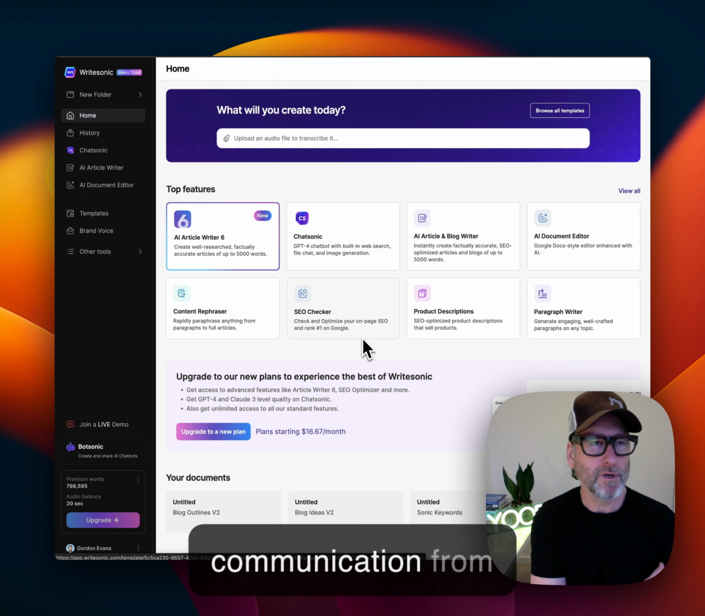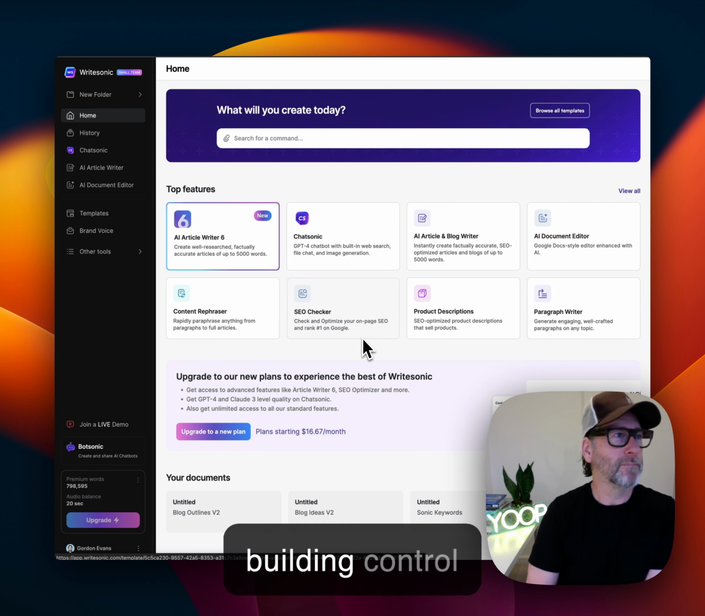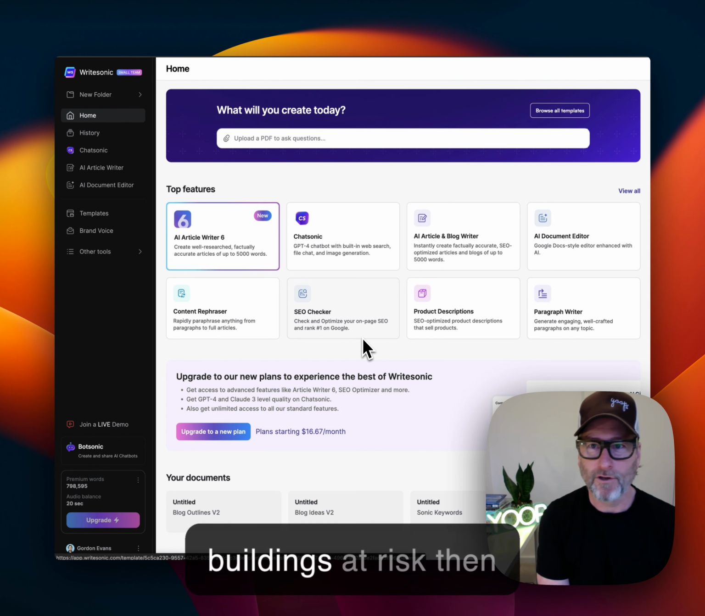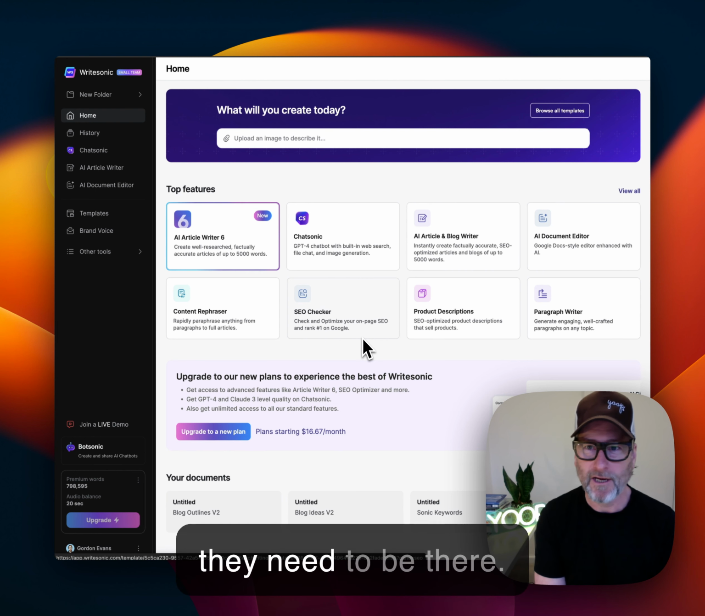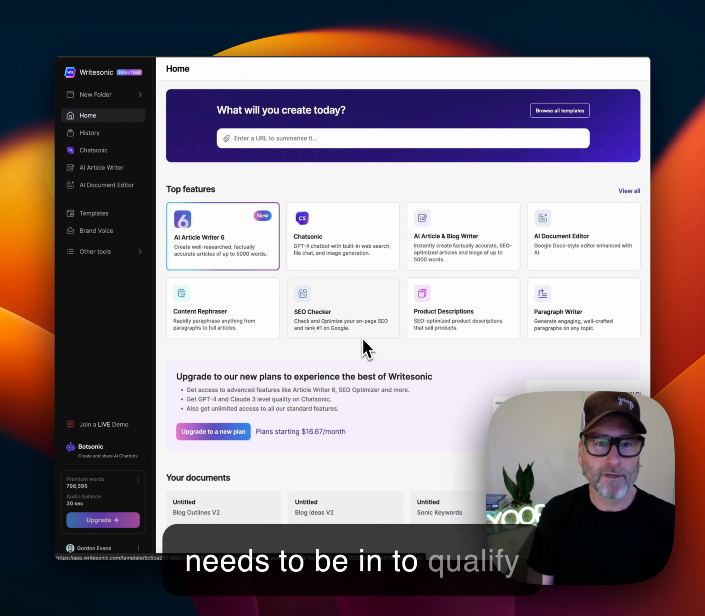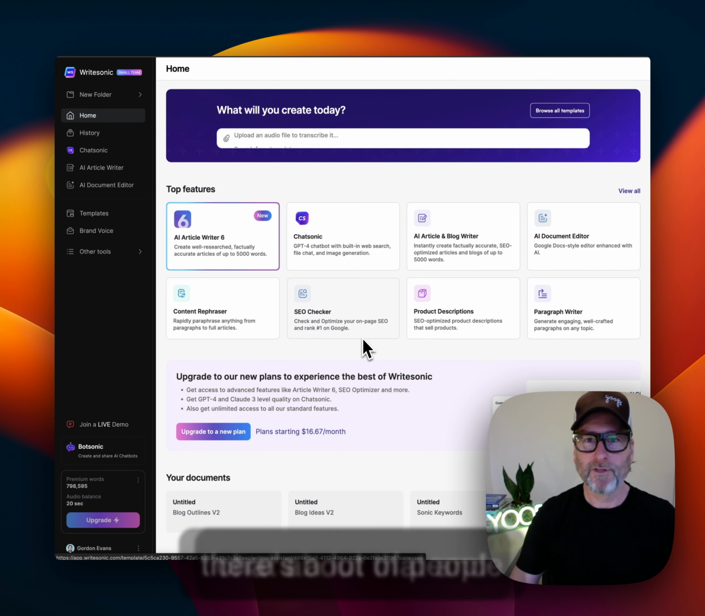There's a lot of communication from local authorities, building regs departments, building control departments, saying that if you've got certain buildings at risk, then most of the information needs to be in to qualify for the Building Safety Act. So there's a lot of chat about that, and there's a lot of